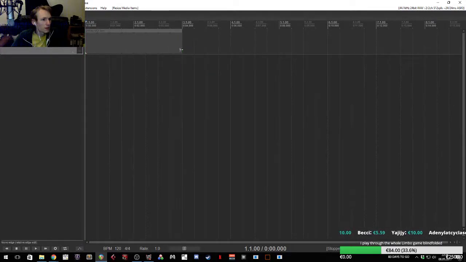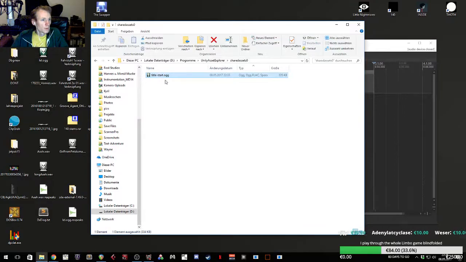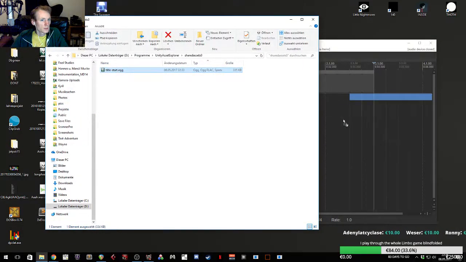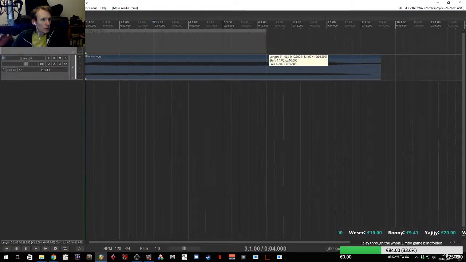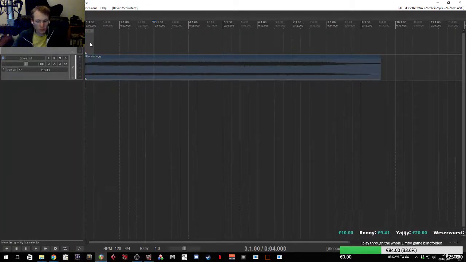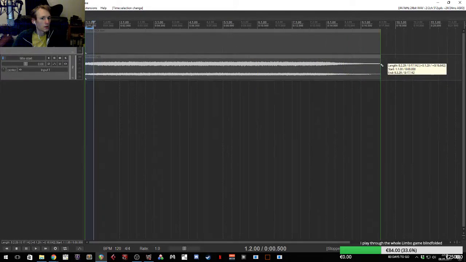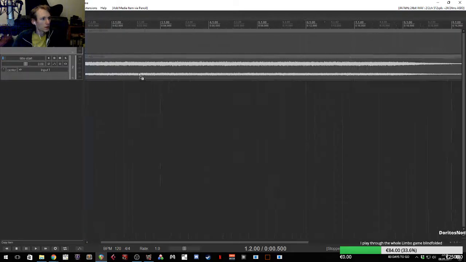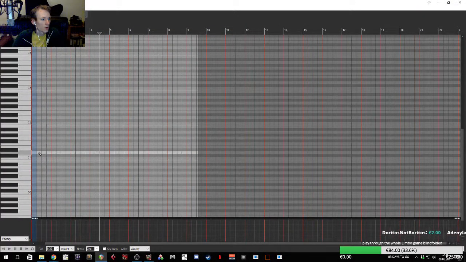Let's just create a MIDI file. Actually, what we're going to do is we are also importing this OGG file into the session. And that's not what I wanted to do. I don't know. This is now the MIDI file. It's now synced up exactly as long as the other one, and I'm going to quickly